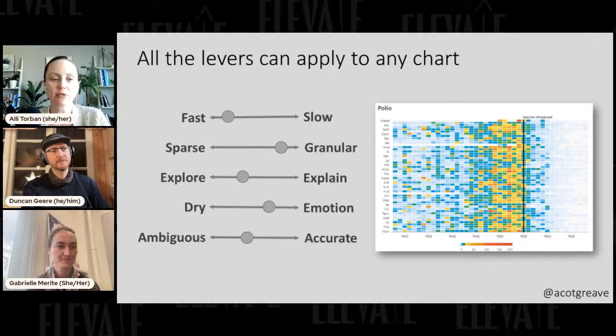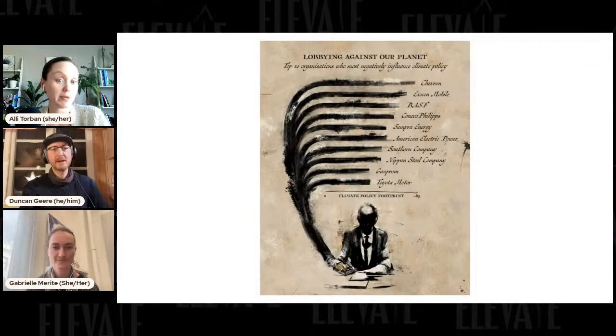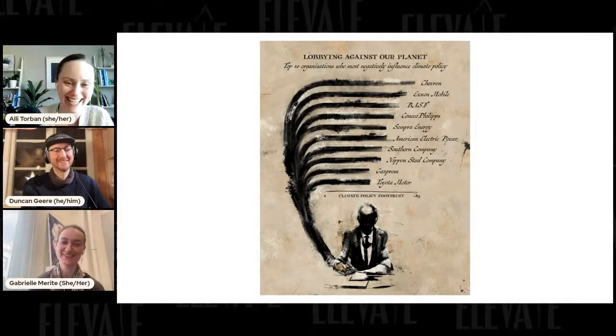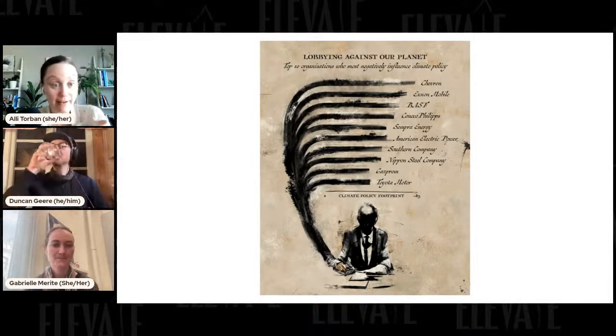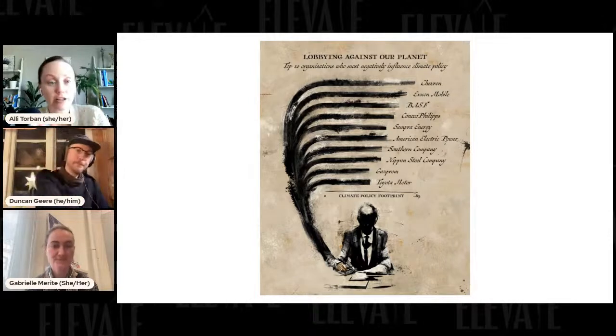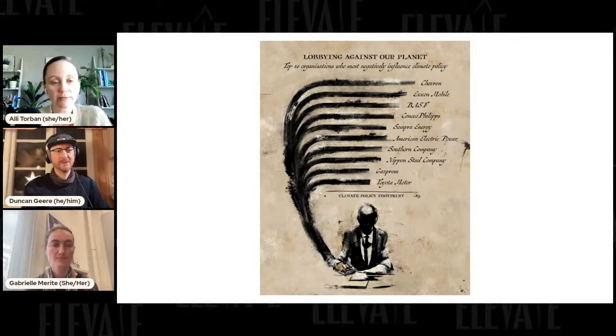I want to show some examples of Gabby's work too, just to show what we're talking about. Gabby's really good at this. Oh yes, a bar chart. This could be a bar chart. That's dry. A lot of bar charts. A whole lot of bar charts. I mean, this is basically a bar chart, right? But it's a bar chart, yeah. You took the emotion slider and brought it all the way over to the what is this? Is that what you did? You just dragged a slider across? Yeah. Drag the slider. Use a little bit of Midjourney, digital painting, and yeah. I saw your tweet about how you used Midjourney for the illustration.